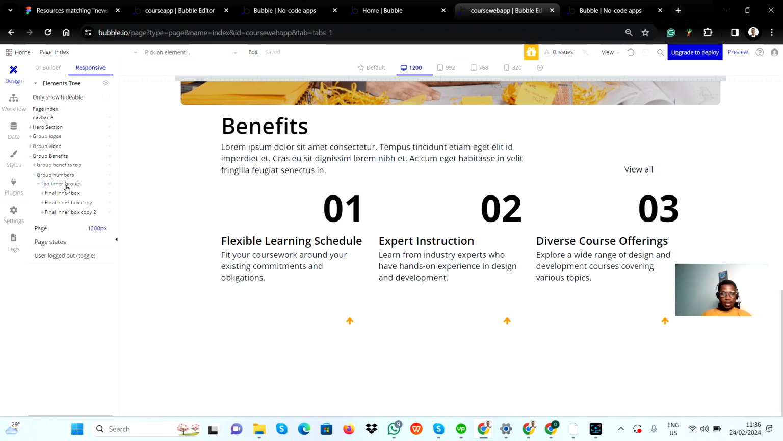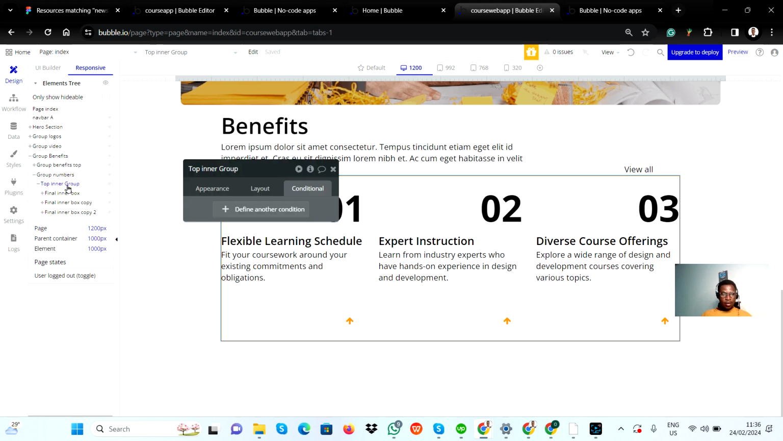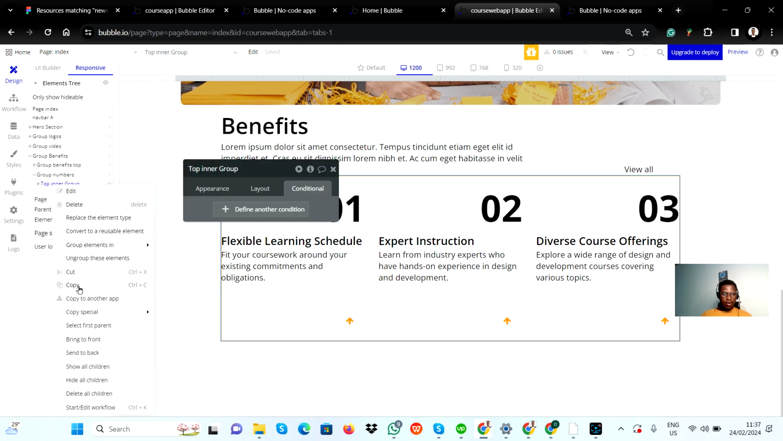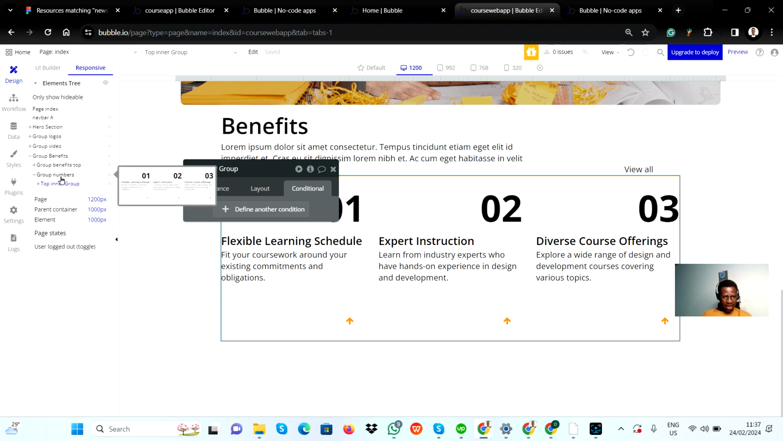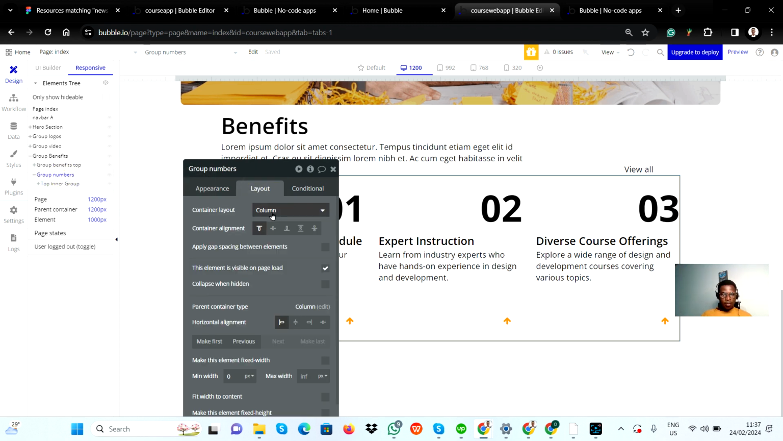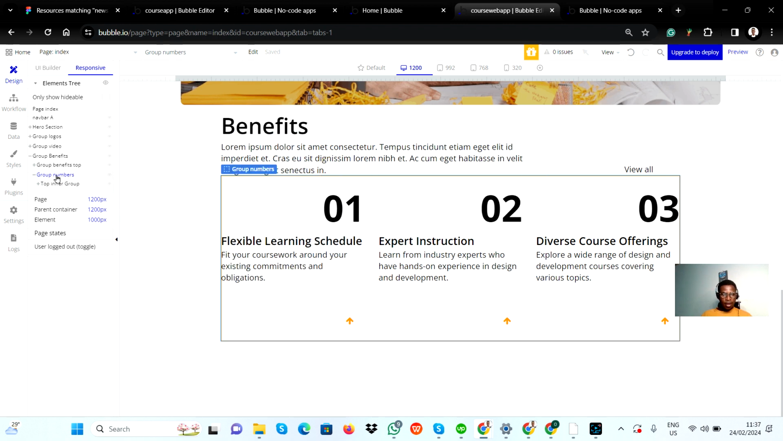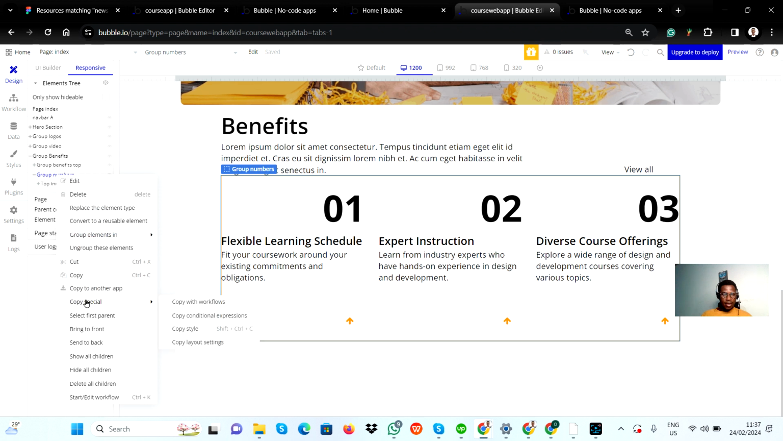This is the top inner group. Now this is the one we are going to copy. So let us copy this and paste it inside these group numbers. If we check the layout of the group numbers, we will see that it's column. So if I paste inside this now,